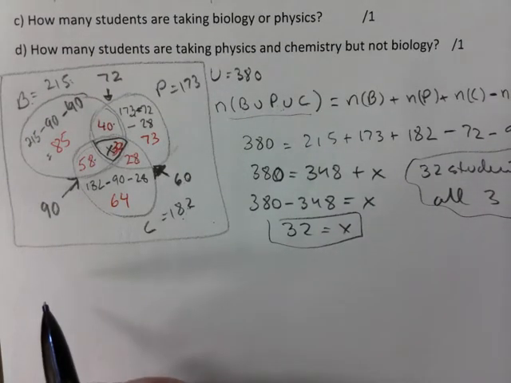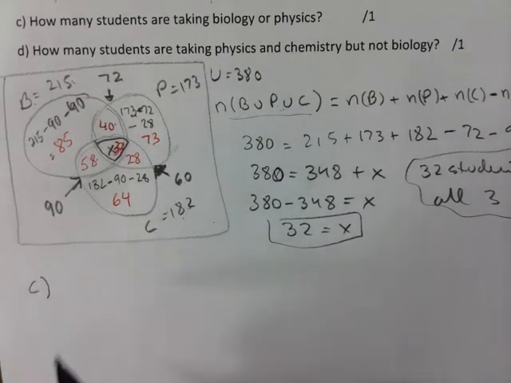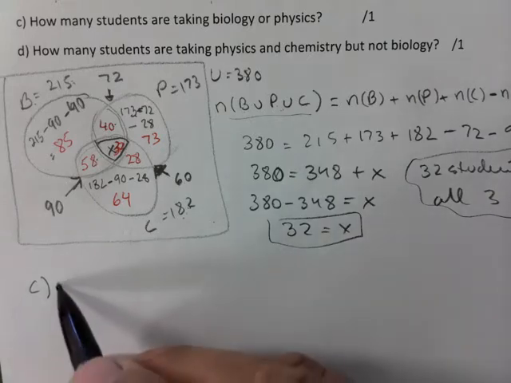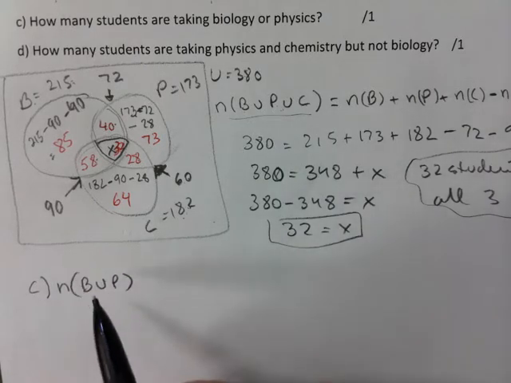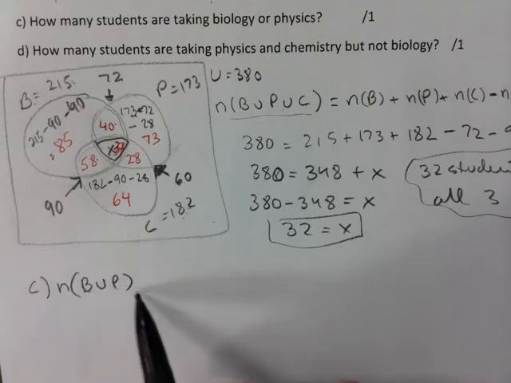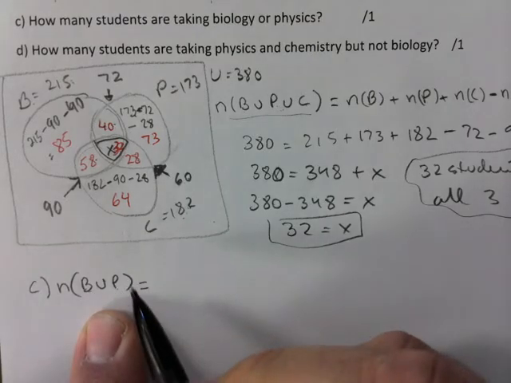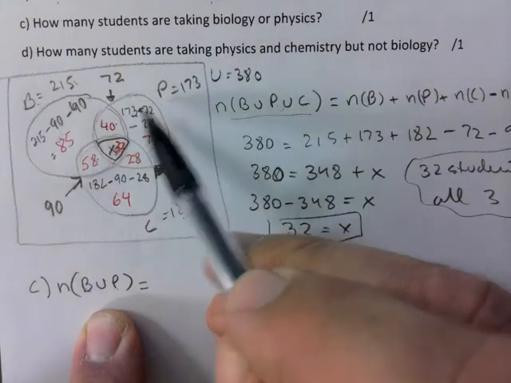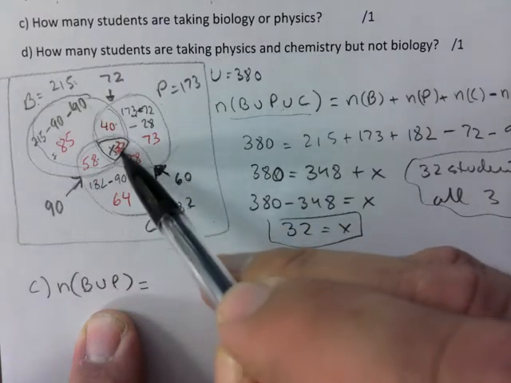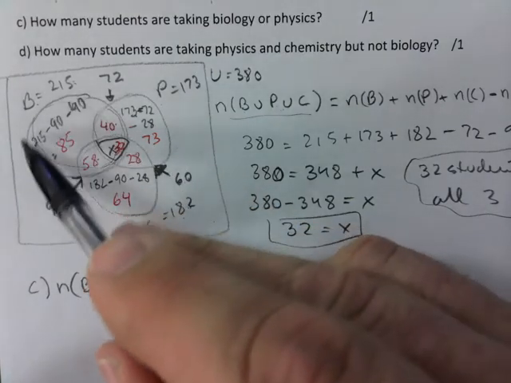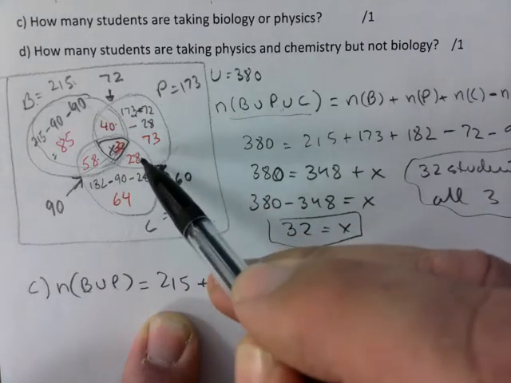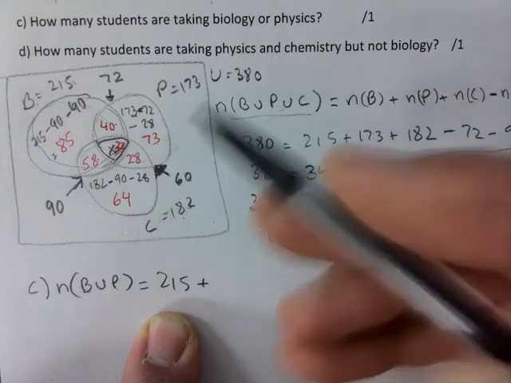So B we've done. C, how many students are taking biology or physics? What is it asking for there? Number of students that take biology or physics. So remember, only those two sets are in play here. So we're going to go like this. Bio and physics. So we're going to add up the 215 plus, right? So the 215 here plus 28 and 73, because